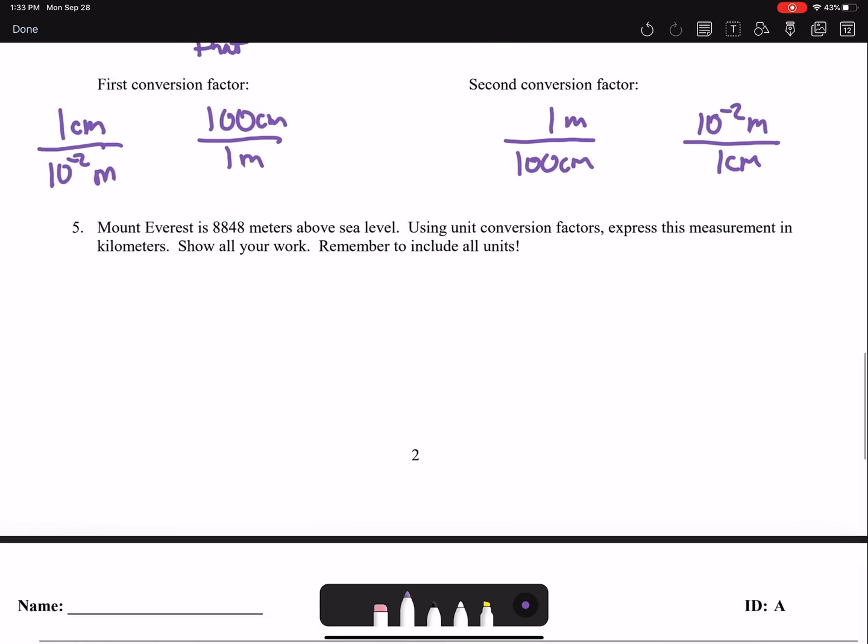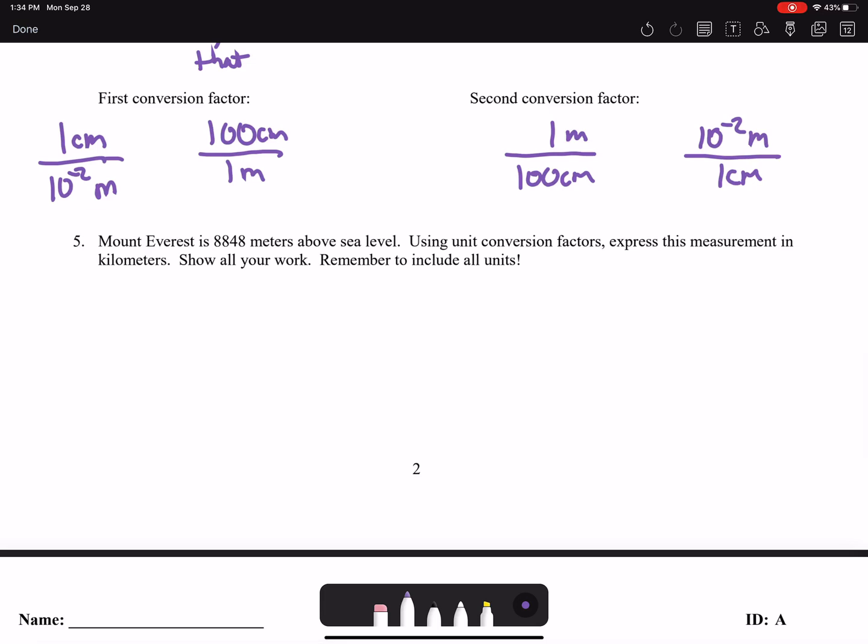Mount Everest is 8,848 meters above sea level. Use conversion factors to express this measurement in kilometers and show all your work, and remember to include all units. If we're going from meters to kilometers,